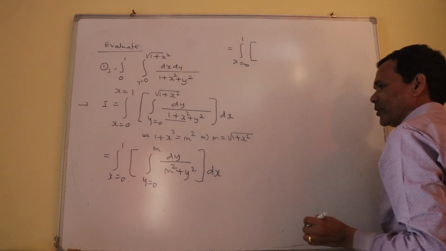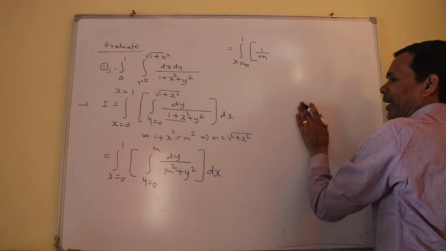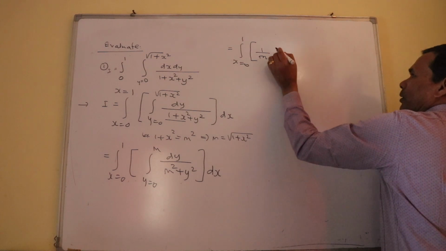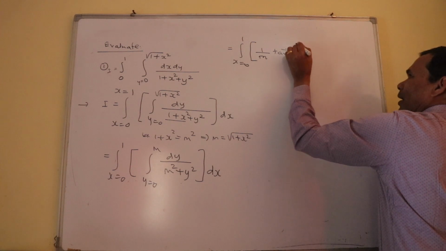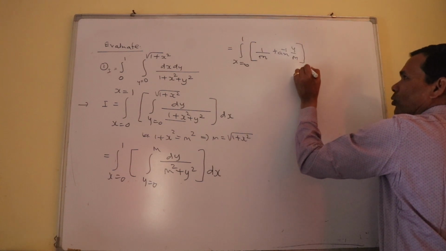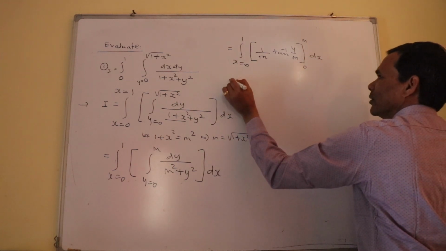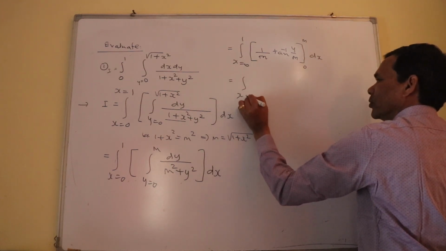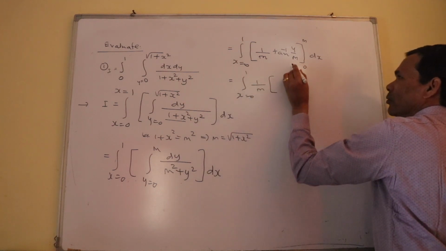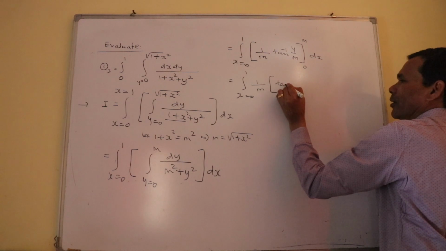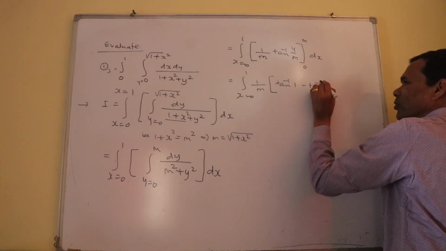So the integration of this is 1 upon m, tan inverse of y upon m. This formula, with limits applied 0 to m, into dx. I apply the limits 0 to 1: 1 upon m, tan inverse of 1 minus tan inverse of 0,